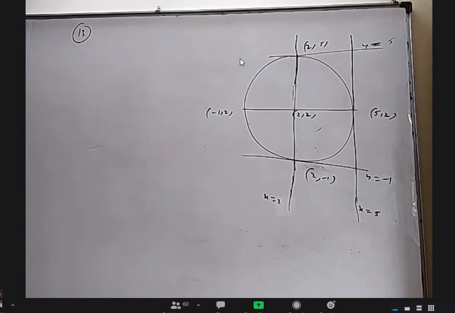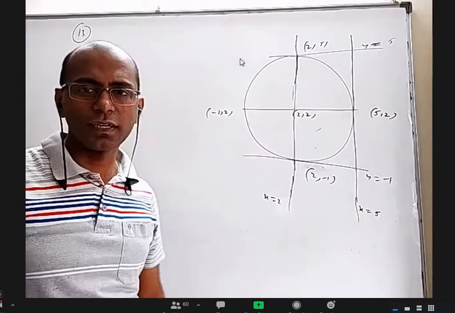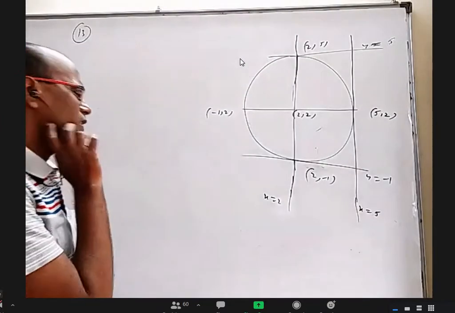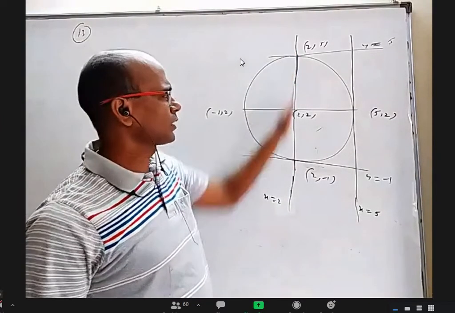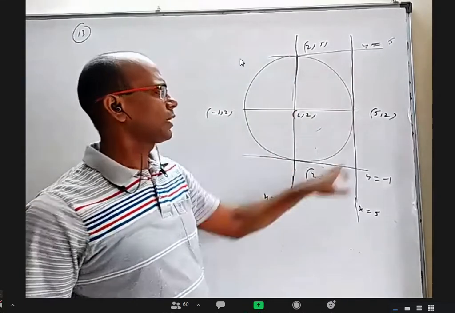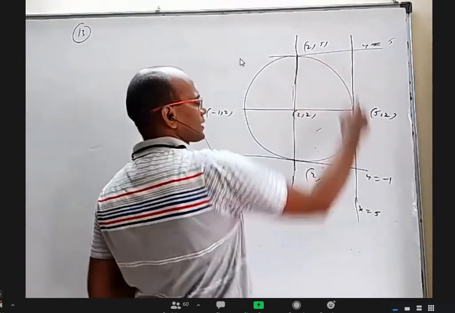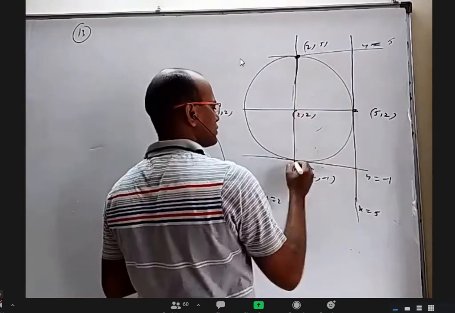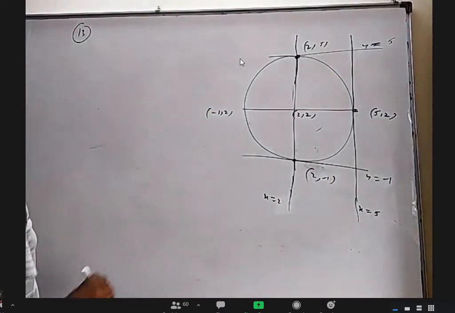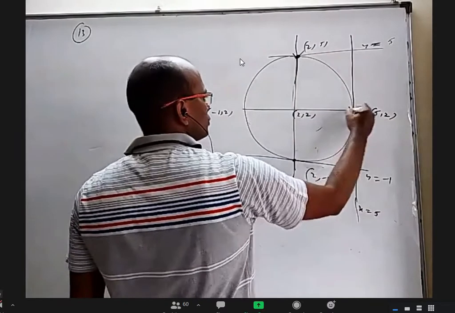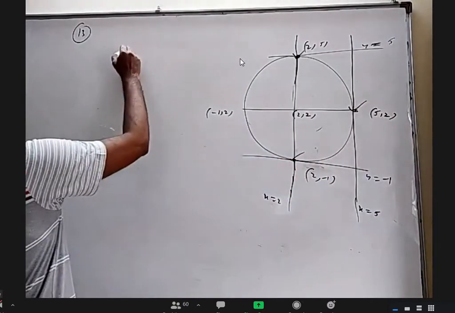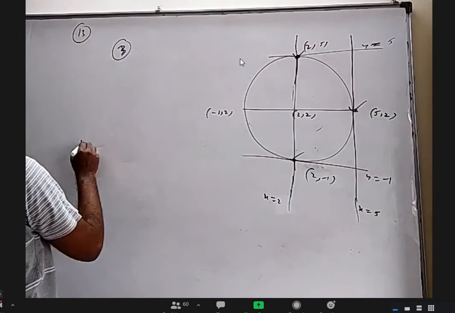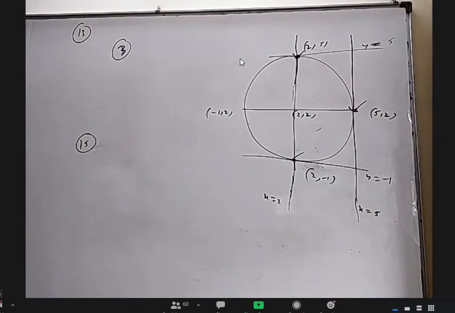Okay, normally it is quite possible to give a question where the answer can come 8 points because every side of the rectangle can intersect at 2 points. But here, of the 4 lines of the rectangle, one became a diameter and 3 became tangents. So if you take this rectangle and this circle, there are exactly 3 common points. This. That's all, nothing much. Just 3 points. 1, 2, and 3. So there's nothing great. Just visualizing the question and seeing where the points are.